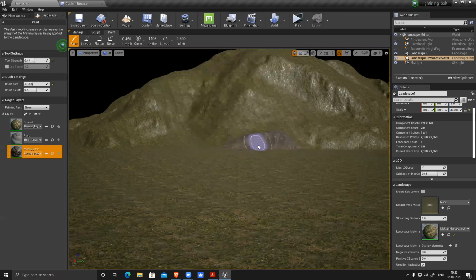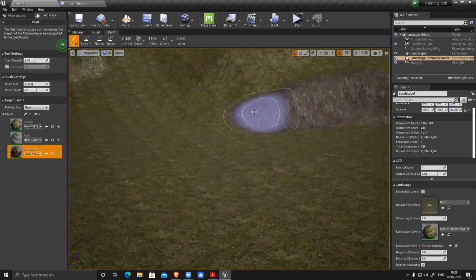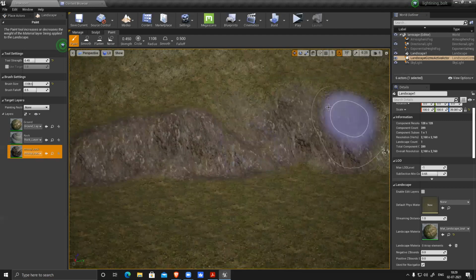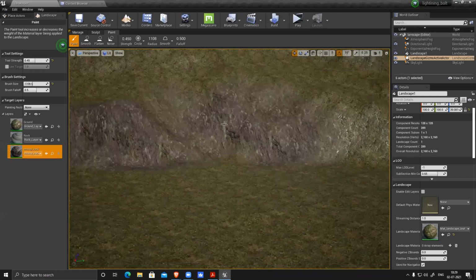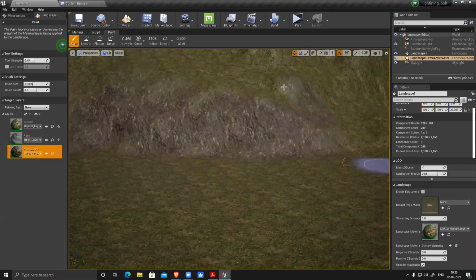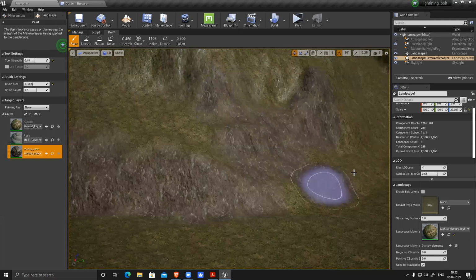So now you can see I can paint this thing wherever I want. And you have the radius, smoothness, falloff, strength, everything in control. Strength is basically the intensity of this texture. If I wanted really low strength, I can paint it really low. I can reduce it. And you can use a pen tablet also here. If you use a pen tablet, I can paint it very easily.